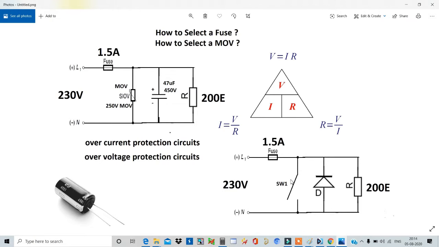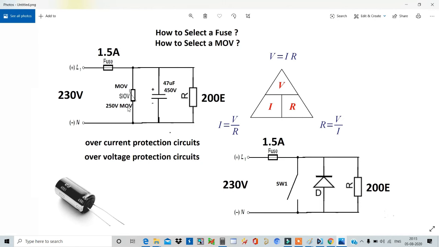So have you seen the video? Same thing, I gave higher voltage, so the capacitor got burned. It should not happen, right? So for that we are providing the MOV. If more than 250 volts comes to your actual circuit, the MOV will get damaged. I mean the MOV will automatically sacrifice itself.